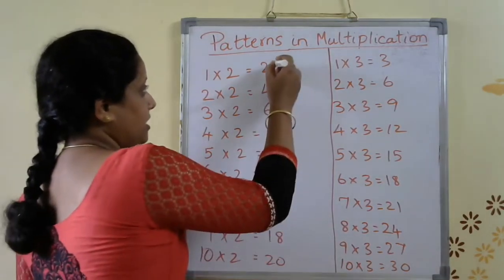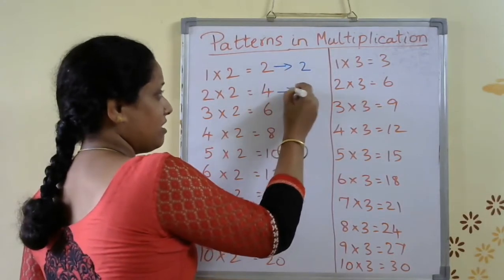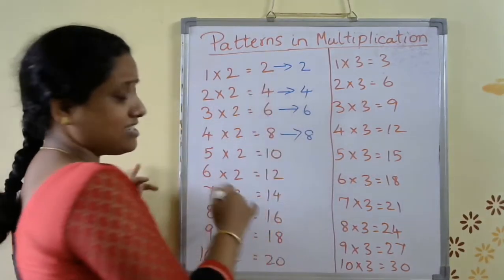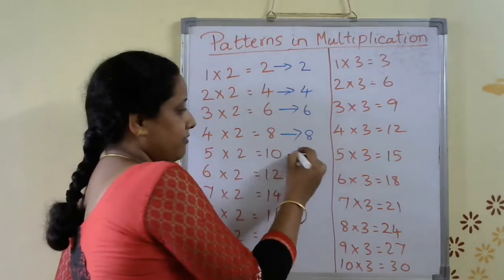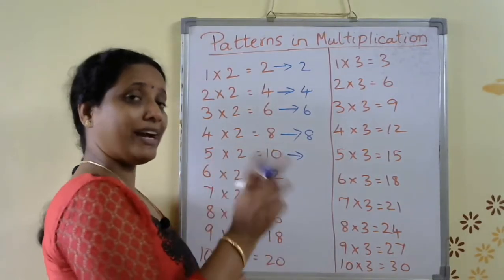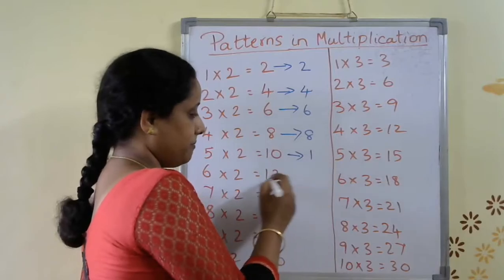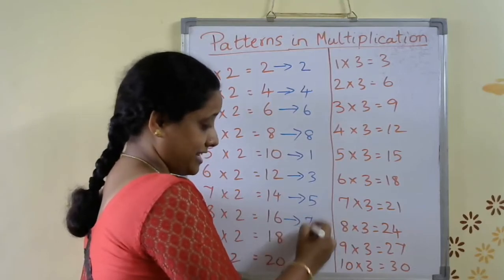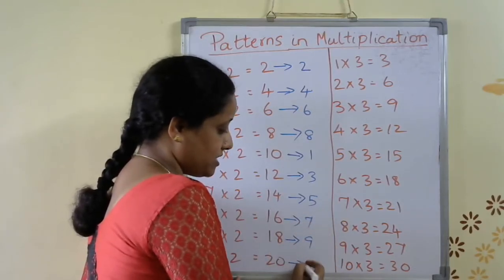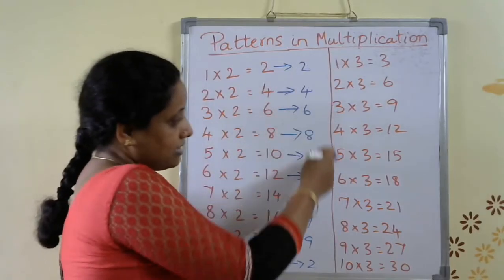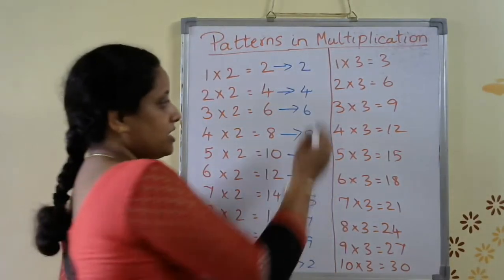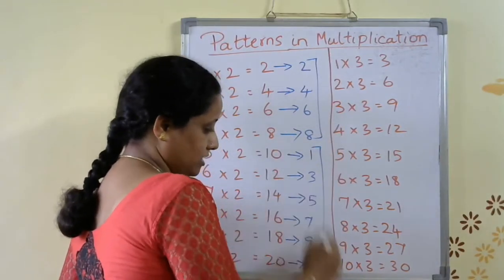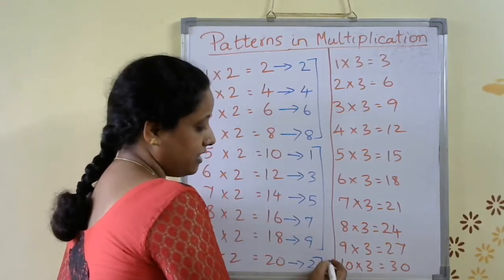Okay. So here you can see it is 2 as it is, 4, 6, 8. All these numbers remain as it is since it's a single digit number, right? But when you come to a 2-digit number, we are going to add those digits. So 1 plus 0 becomes 1, 1 plus 2 becomes 3, 1 plus 4 becomes 5, 1 plus 6 becomes 7, 1 plus 8 becomes 9 and 2 plus 0 becomes 2. So now you can see an even and odd pattern, right? So from 2 to 8 it is an even number, 1 to 9 it is again an odd number, and from 2 it becomes an even number.